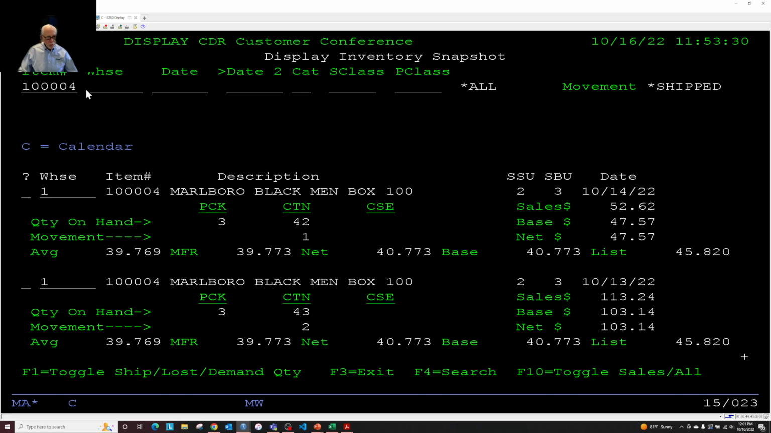But this PTF, what it does is if you must enter at least one definition of what the item is, either an item number, a category, a sales class, a product class. It must have a warehouse to know which warehouse to look for. I think for some people that will default anyway. If I put in,